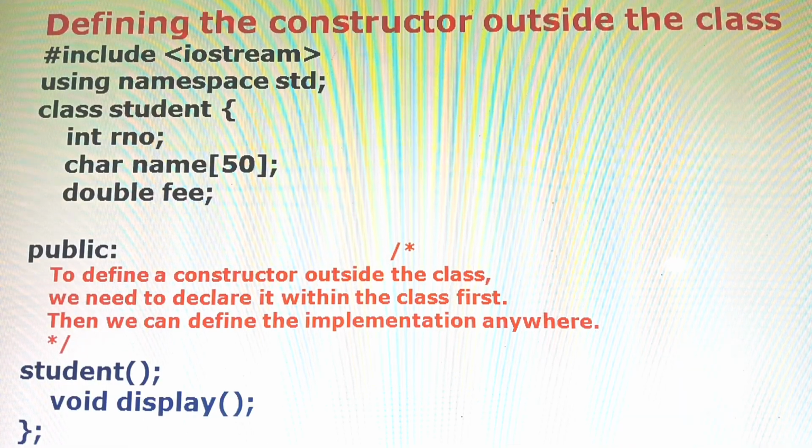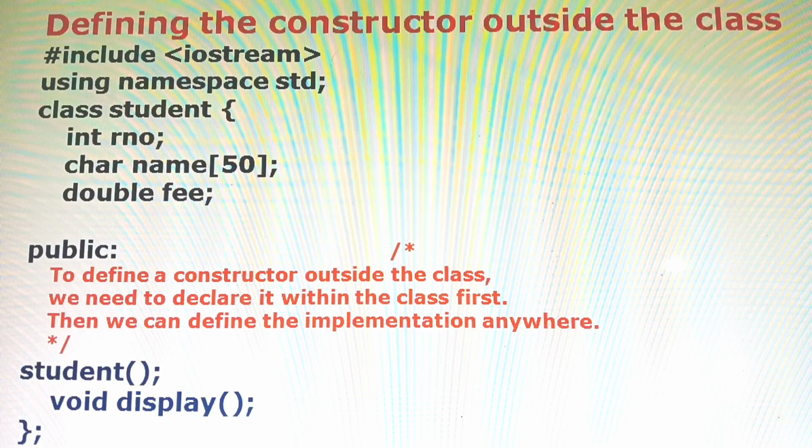Second type of constructor, defining the constructor outside the class. The first type we have already learned, how to define the constructor inside the class. The second example is outside the class. First we have to define the class